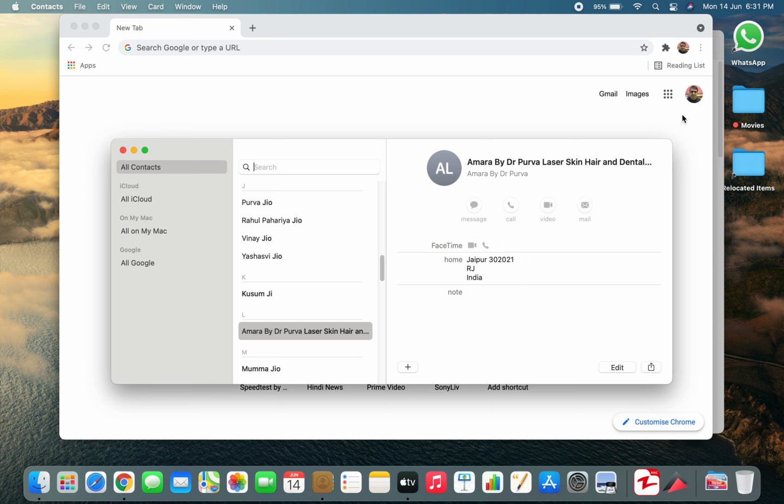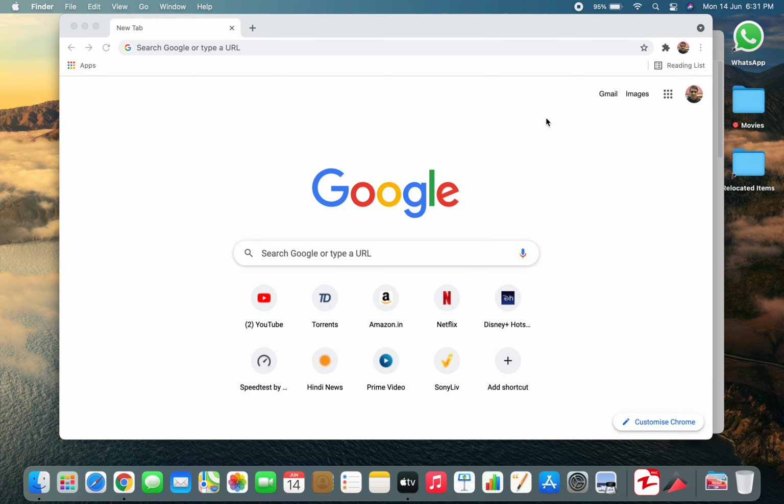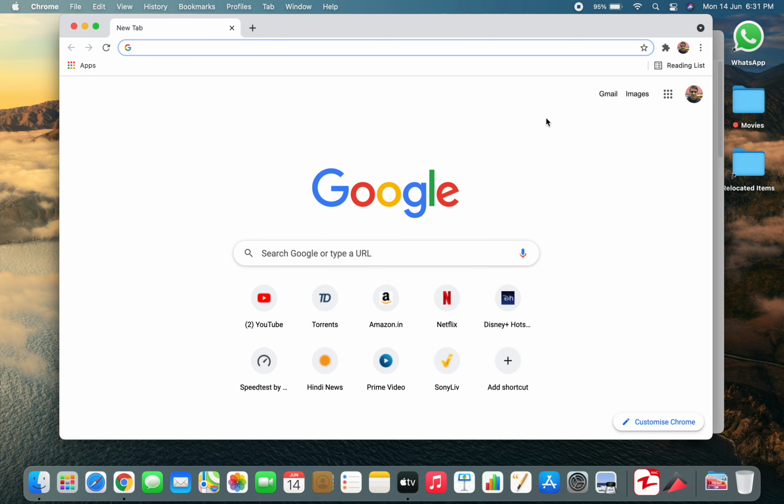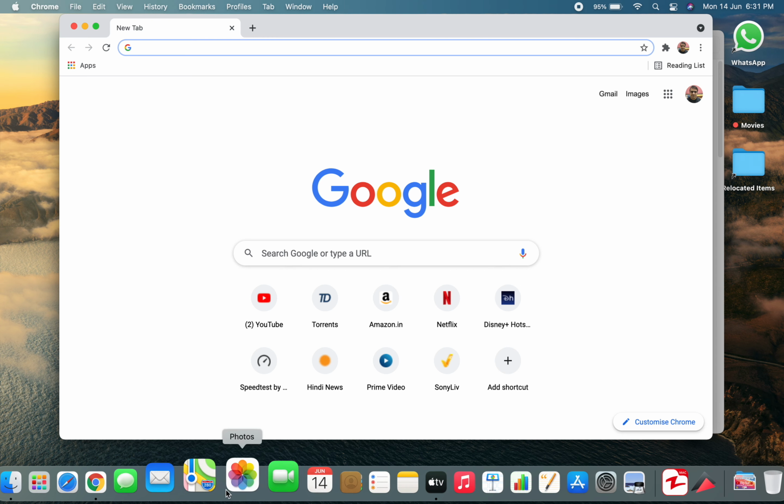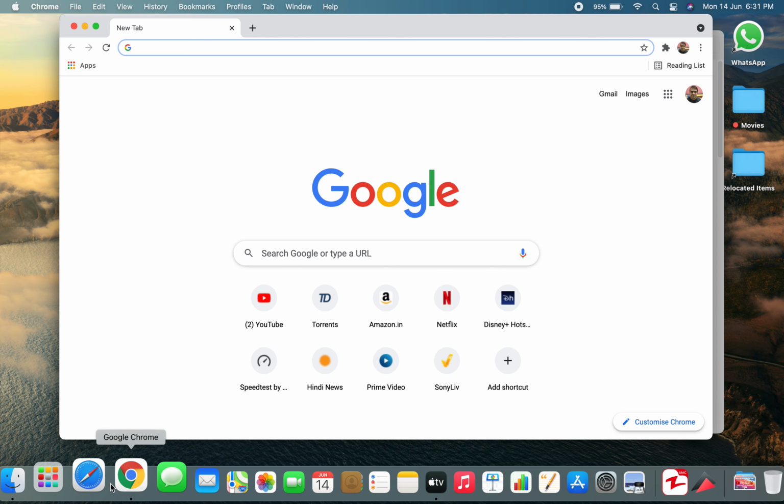Now another thing is you can also do this while being on the same screen. You don't have to press any shortcut keys. So I'm going to tell you how you can do that. Let me just close this app so that I can show you more properly. You have to go to the Dock, and while the app is already running, you just have to select it.